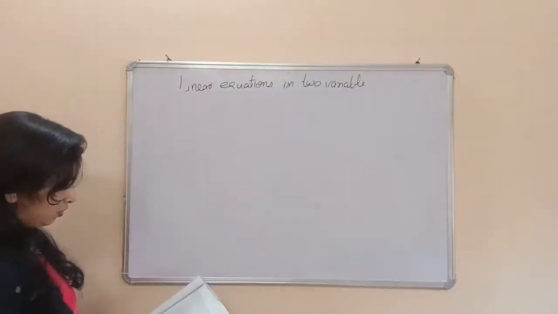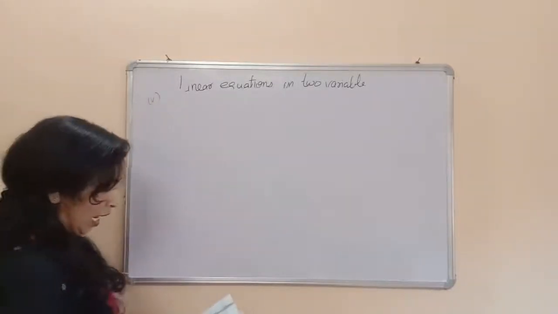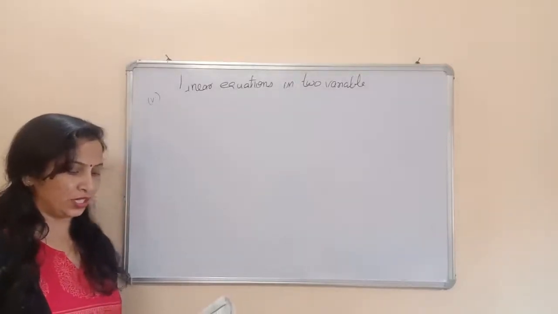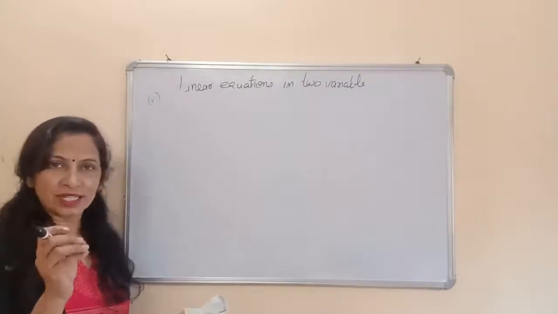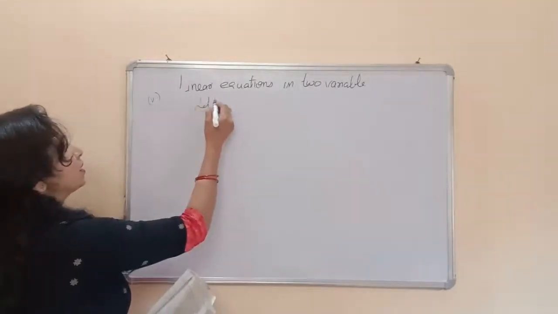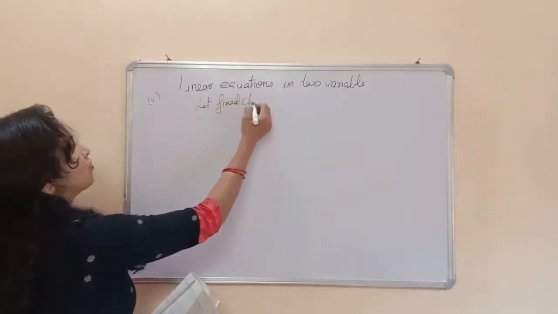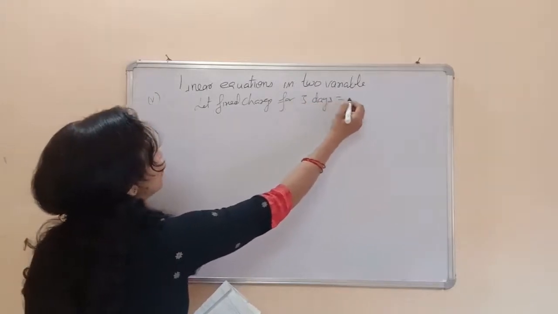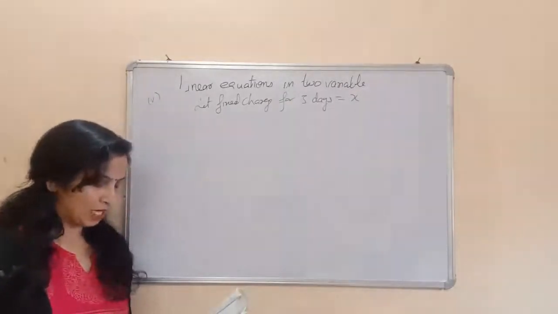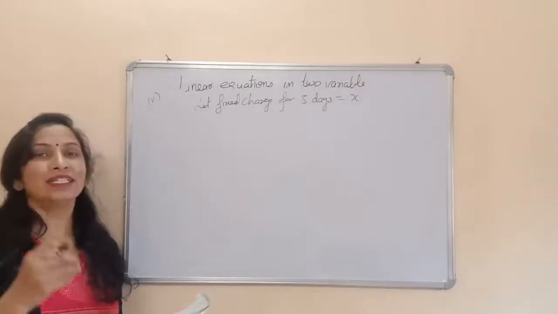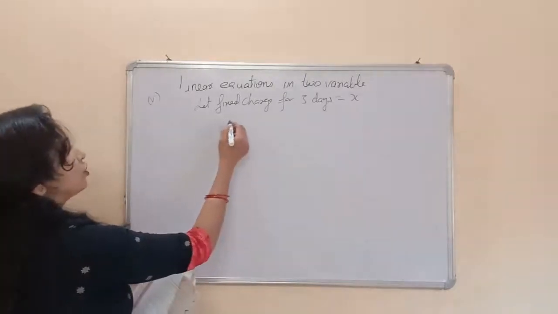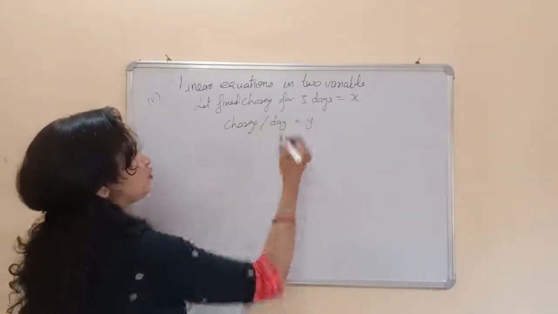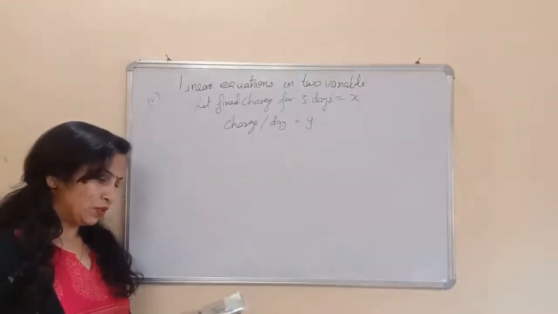Now the fifth part, the last part. A lending library has a fixed charge for the first 3 days and additional charges for each day thereafter. It means for the first 3 days it is a fixed charge. तो आपने कहा कि let the fixed charge for 3 days. For 3 days, तो 3 दिन का एक फिक्स चार्ज है आपने कहा ₹X है, and then the charge per day is equal to ₹Y.